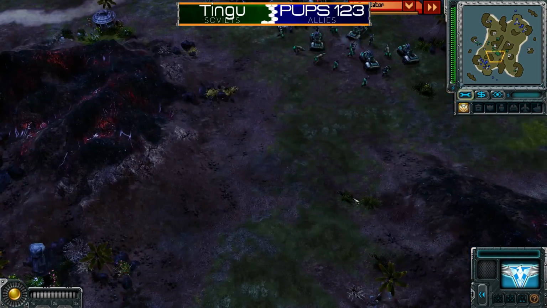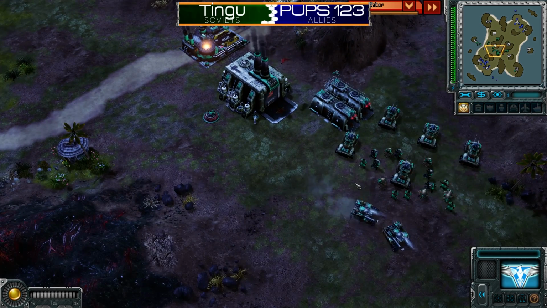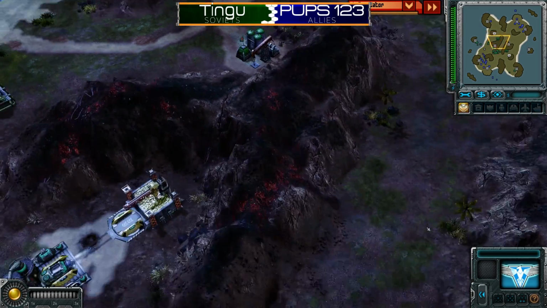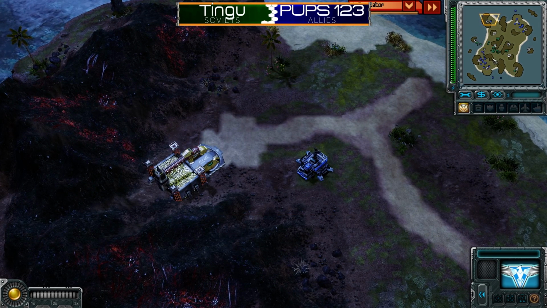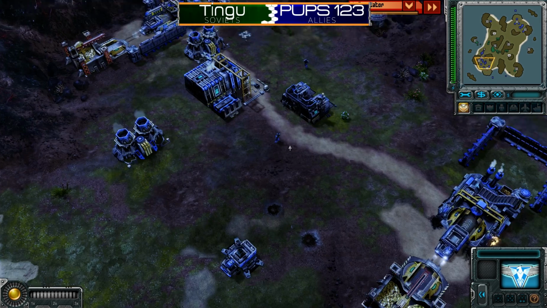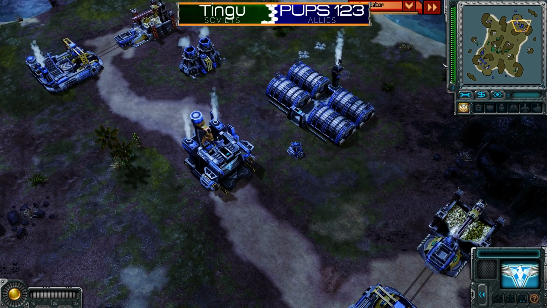Going down, his MCV was able to survive, and he has amassed quite an army, able to get up to that tier 2 for those hammer tanks. Once again, Super Reactor over here completely exposed, but also he was able to grab those 2 oil derricks, and Pups has not re-expanded there, but both players sitting at 3 and 4 bases. PUPS, of course, with 4 refineries and dropping down an airfield in his opponent's old starting location,